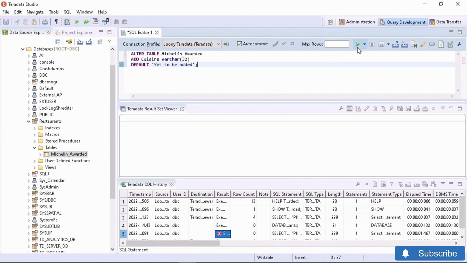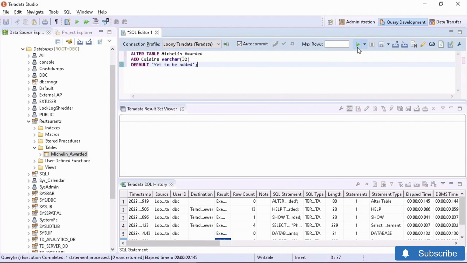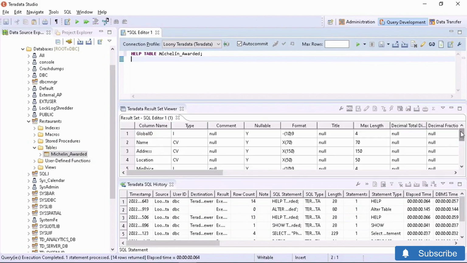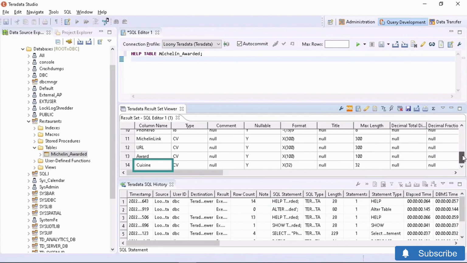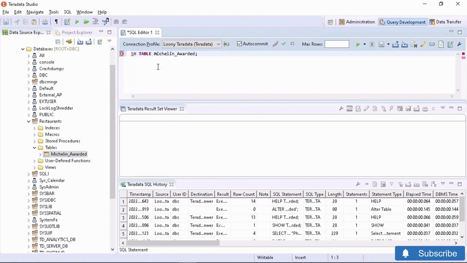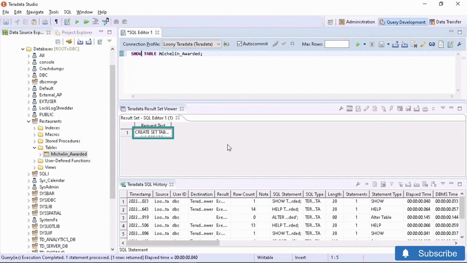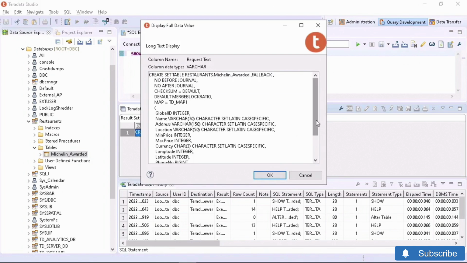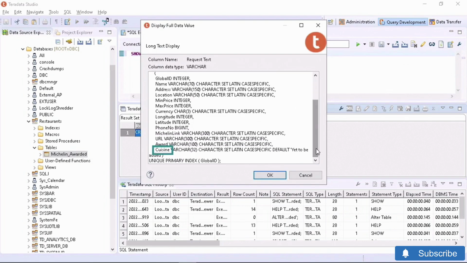First, let's run this in order to add a 14th column to our Michelin awarded table. And then to confirm the change in schema, let's run help table. Scroll along to the bottom where cuisine appears as a new column. As a quick sanity check to confirm that the definition of the table has in fact changed by the addition of the column, we run show table, expand the output once again, and sure enough, cuisine now does show up